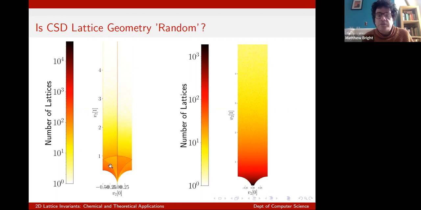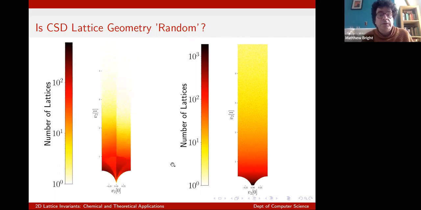But you can see the bias towards positive rather than negative lattices in terms of their sign, by the lower density in these three regions, which you obviously don't see in the random distribution. But if I take away those higher symmetry lattices,